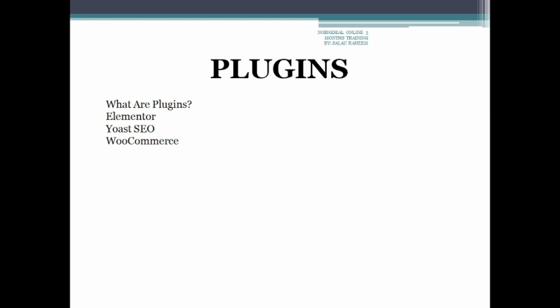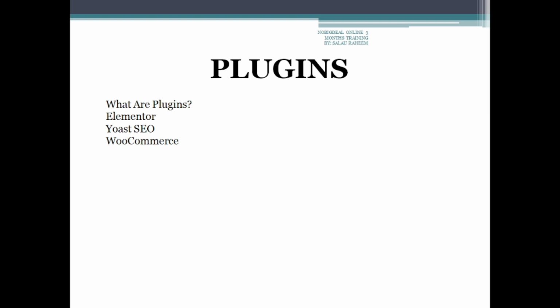It improves website SEO, that is, your search engine ranking. When people are searching for your website, it can easily be seen on Google. Then we have WooCommerce, which adds e-commerce features. If you want to be buying and selling, you need to install a plugin called WooCommerce.